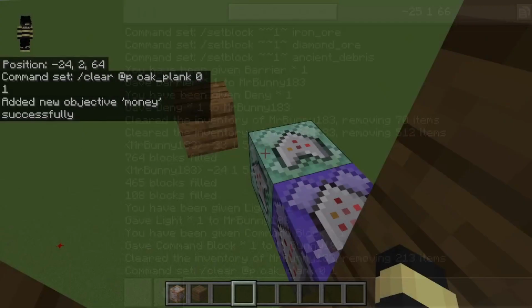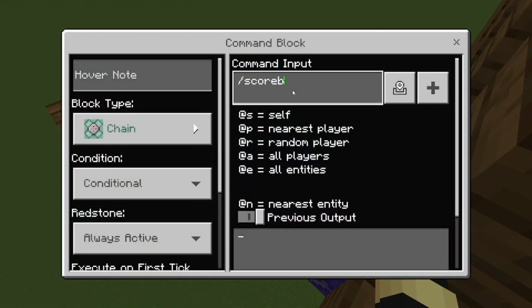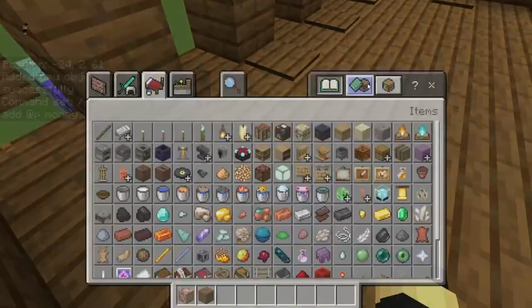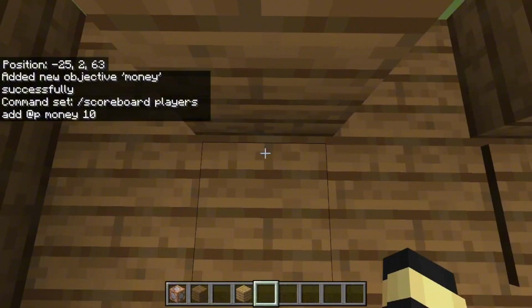So I'm gonna do money dummy, and after you do that, you're gonna put /scoreboard players add @p money 10. So now if I get an oak plank and I stand on this, you're gonna see